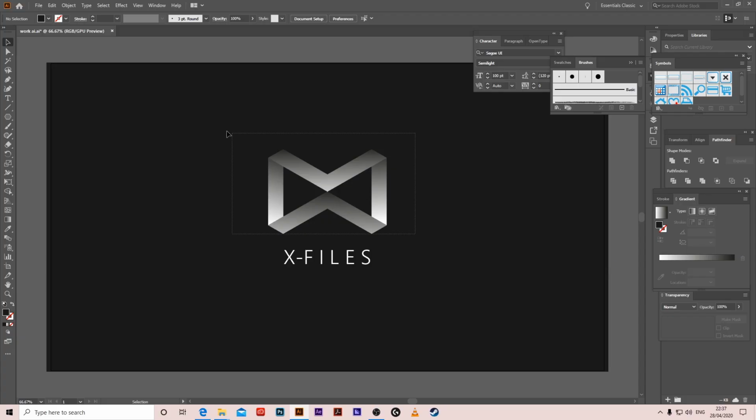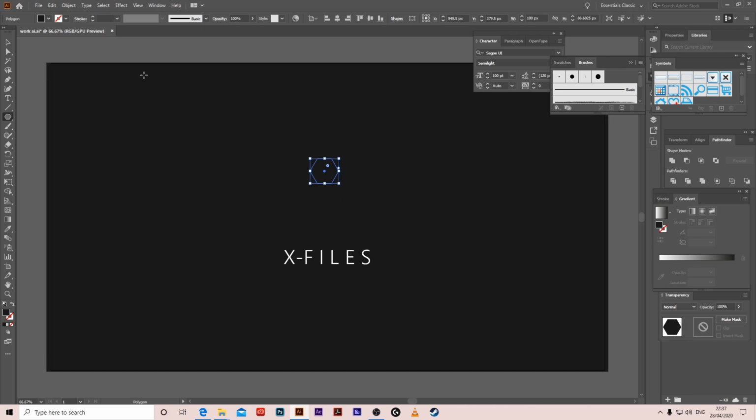Hello guys, so we're going to create this X looking logo. Okay, let's start from the beginning. Get the polygon tool, click once on 6 sides, okay. Then rotate it, holding shift, enlarge it, and